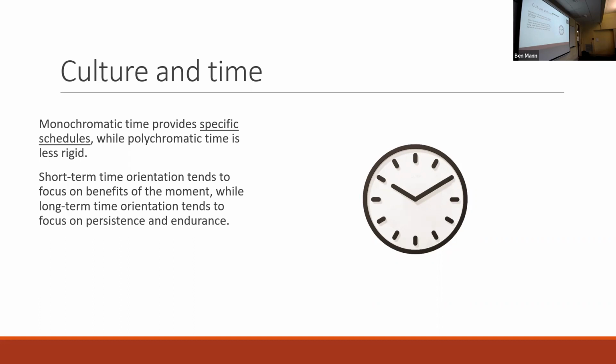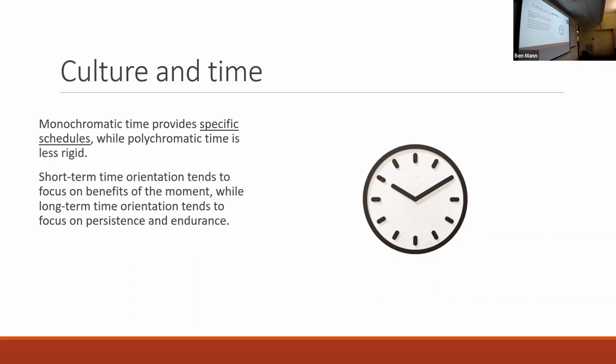Notice, moving to a more rural town, it's more polychronic, right? It's a little bit less rigid. I live on the other side of the tracks, right? And what happens? Well, I'm driving back from work and you get the train, right? And sometimes the train goes, other times the train just is completely stopped. So you go up and you have to go around the ramp, right? So orientation toward time can look different.